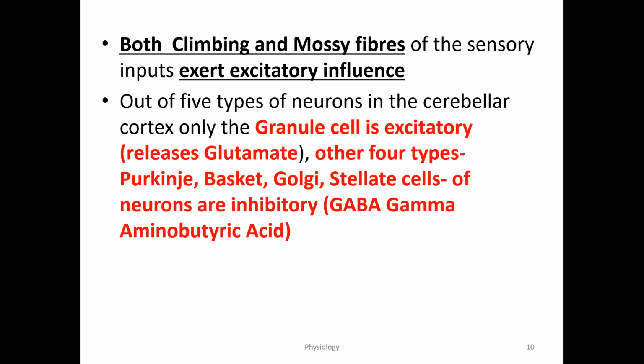So this sentence is very important. You remember this sentence. In viva they will ask, or in MCQ also they will ask, which is the excitatory cell toward the Purkinje cells. That is nothing but the granular cells, the parallel fibers of granular cells. This is excitatory toward the Purkinje cells because of the release of glutamate, while other types of cells, basket cells, Golgi cells, and stellate cells, are inhibitory toward the Purkinje cells, while the Purkinje cells are again inhibitory toward the deep cerebellar nuclei.